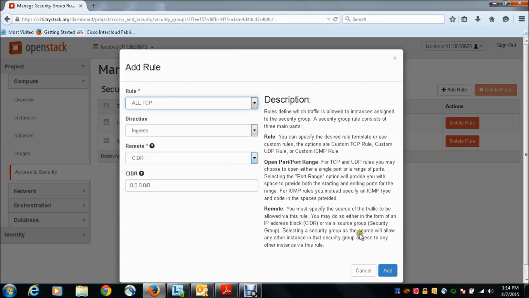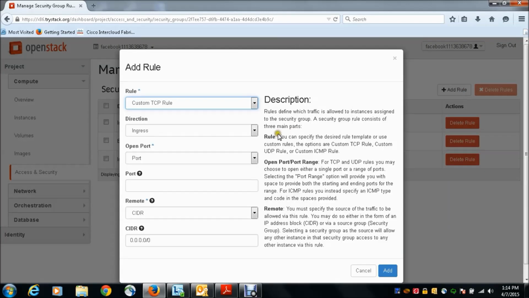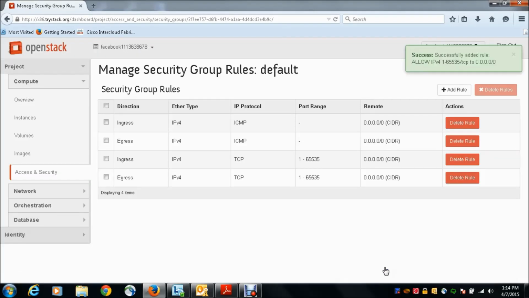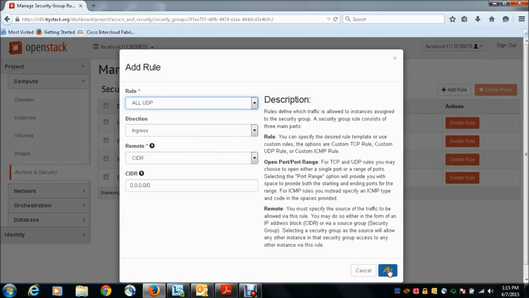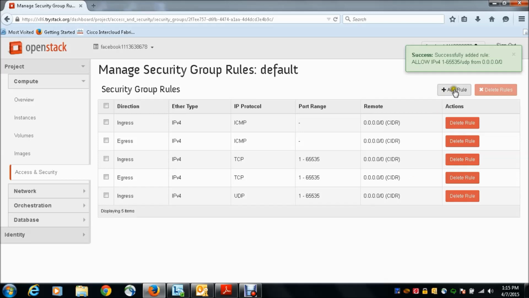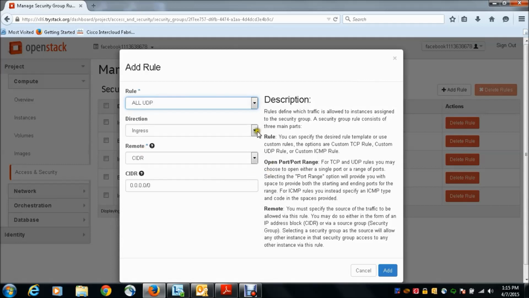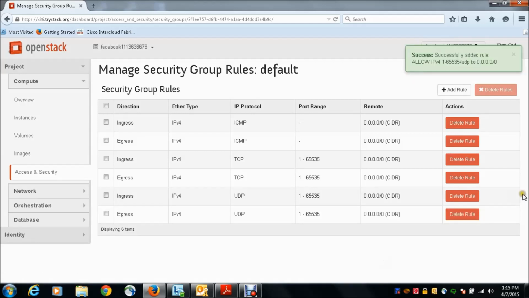all the TCP, ingress, add rule, all TCP, egress, add rule, all UDP, ingress, add rule, all UDP, egress. Okay, so done. So I have given access to all types of network traffic,